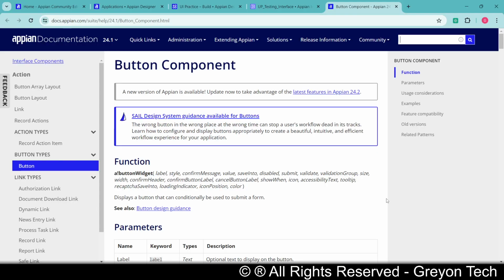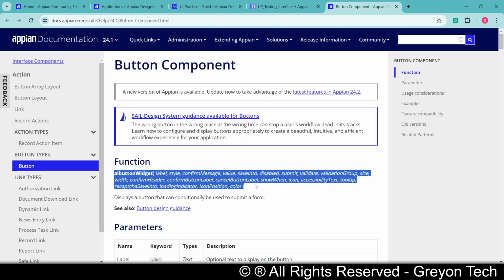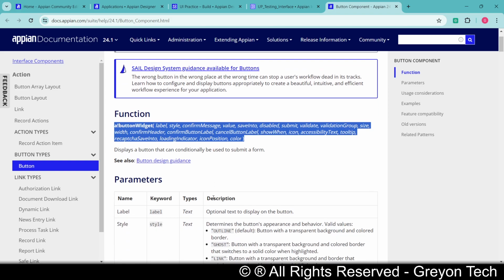You're watching Rayon Tech TV, and today in this session we will be continuing the UI UX development series for Appian. Today I have a special component to discuss practically. We have the button component, which is nothing but a function called a bank button widget. In a bank button widget, we are actually coding a button and configuring its values and properties that we have